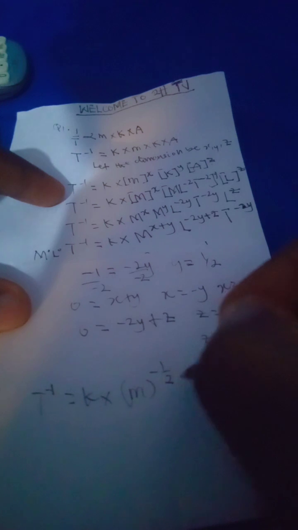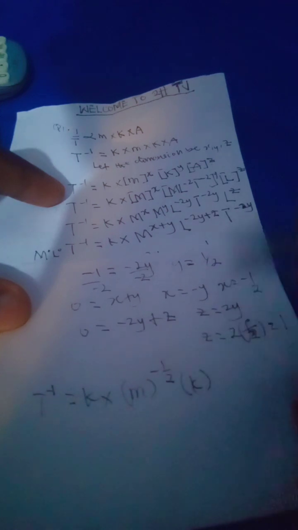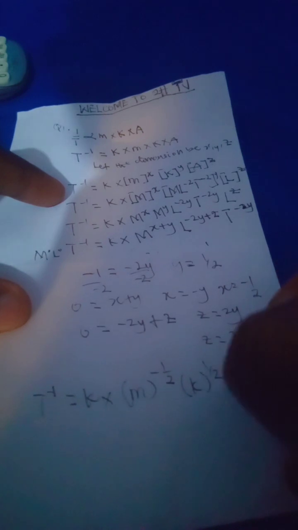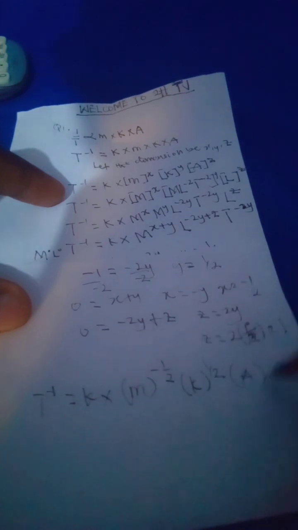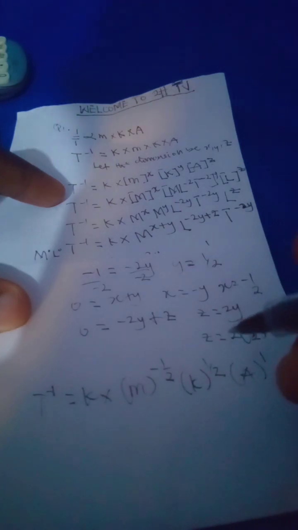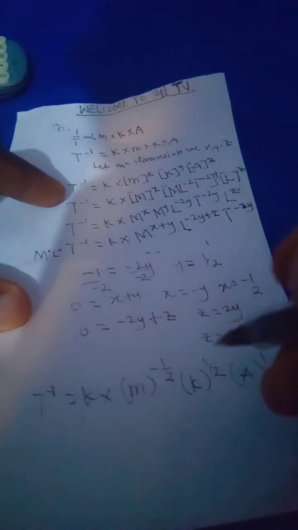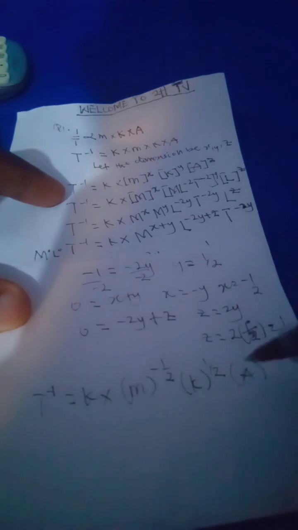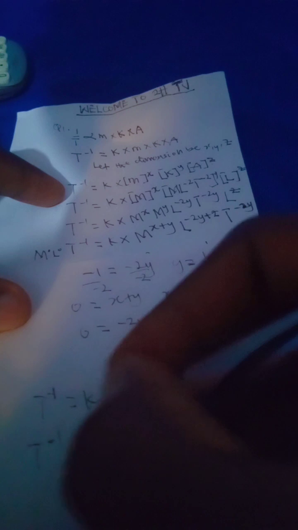Then the k raised to the power is y, so our y is what? Half. And then the a raised to the power z, which is 1. So we know that negative half can be 1 over half, right? And half is a root, so we can say that t minus 1 is equal to